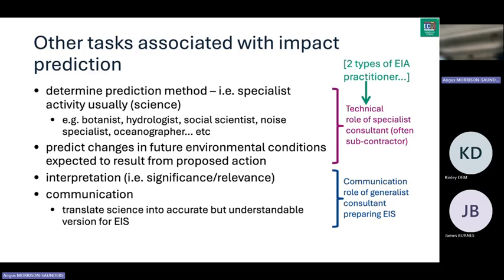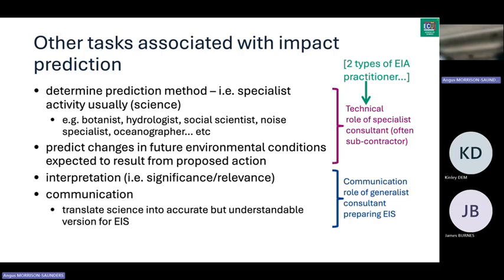The public are going to get to review this. And the public are not technical experts. They are not hydrologists. They are not expert ecologists. So we do need to have a way of translating and synthesizing technical content and making it meaningful to a public audience. And that's the kind of EIA that I ended up doing. I ended up being a consultant doing that kind of stuff and writing reports,